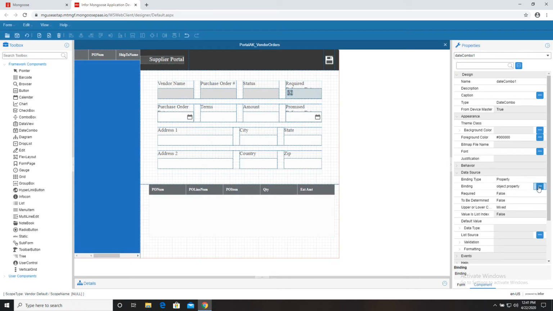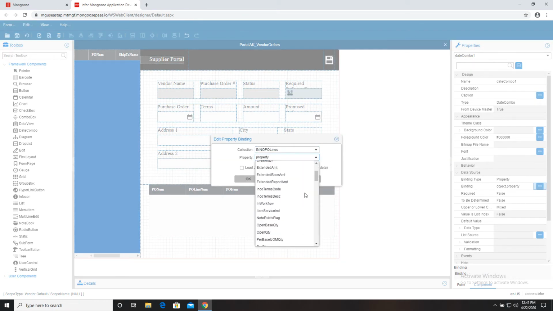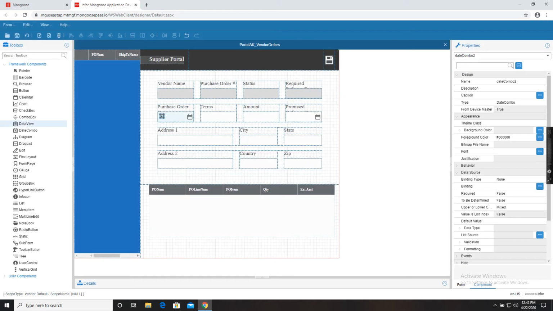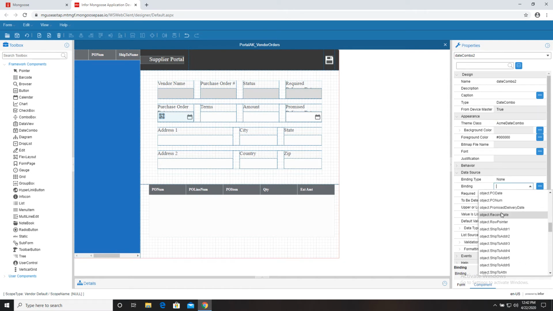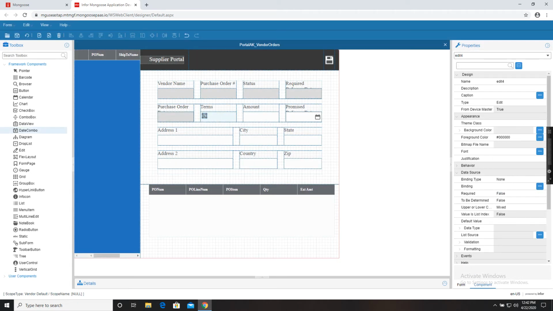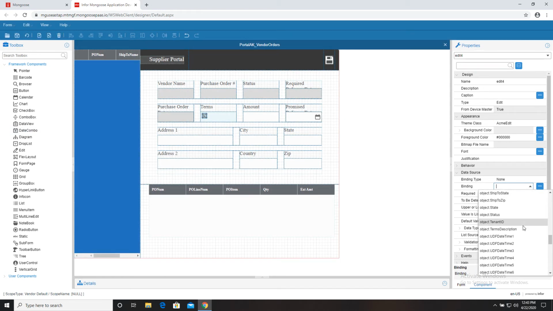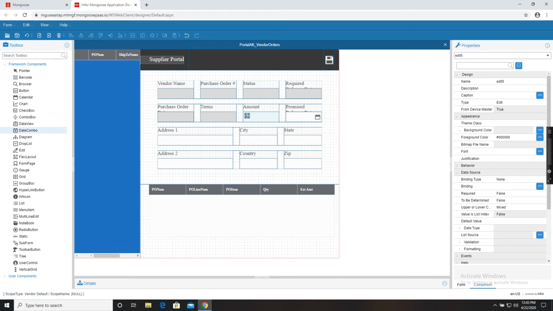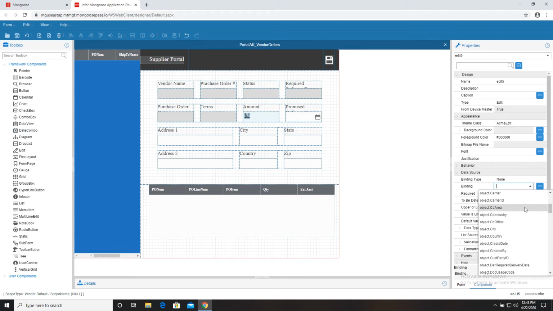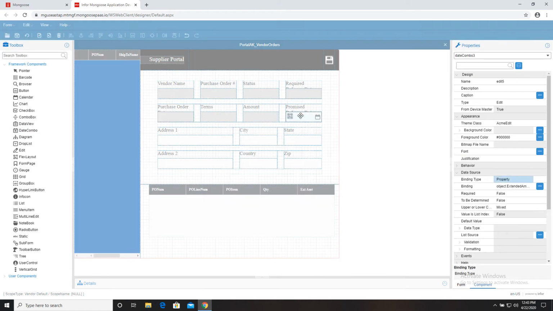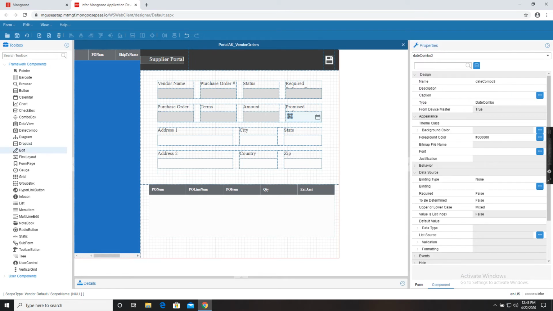Required delivery date is a subcollection property from INNO_PO lines, required delivery date. And set those theme classes, all the date fields, set those theme classes to be Acme date combo. Purchase order delivery date is PO date. The terms edit box is set to terms description. Amount is set to extended amount. Promised delivery date is